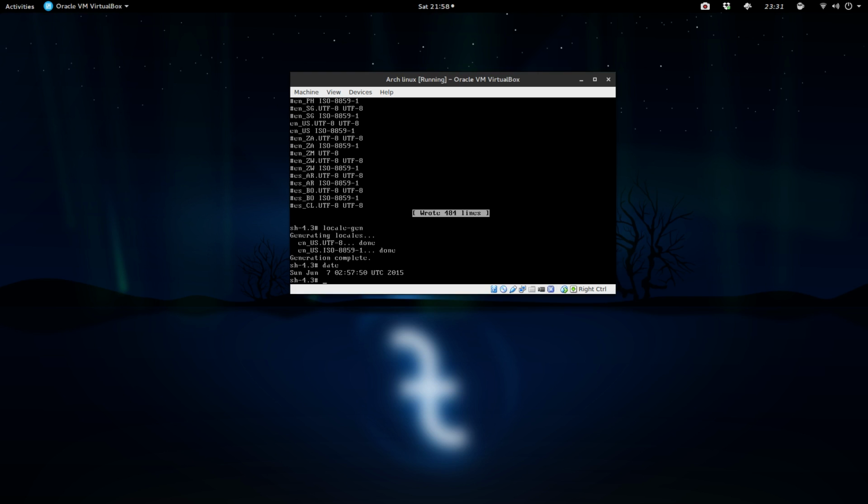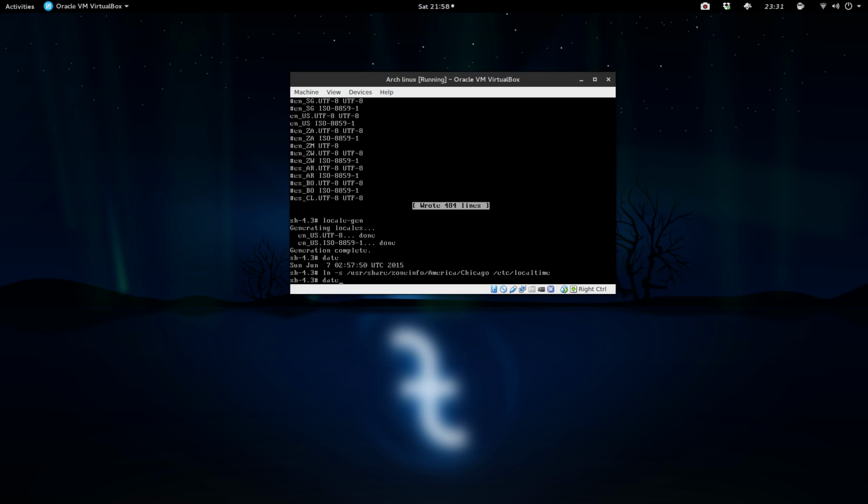To get the correct time zone, what we're going to do is a symlink to the correct one. So we're going to do ln -s, so link and then symbolic, /usr/share/zoneinfo, and then I live in America, around the Chicagoland area, and then you're going to move that to /etc/localtime.